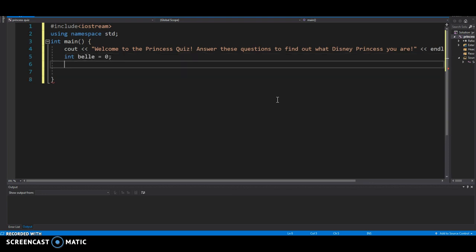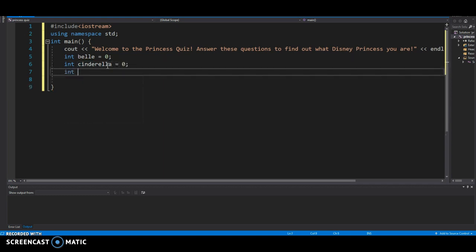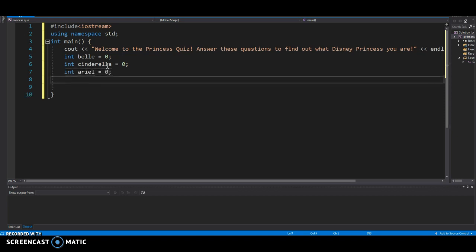So I am both declaring and initializing these variables at the same time. I've got int Cinderella. I've got int Ariel. And then I've got my favorite Disney princess, Kylo Ren. There we go. Okay. So you set up, and these are going to basically be their scores, and each question